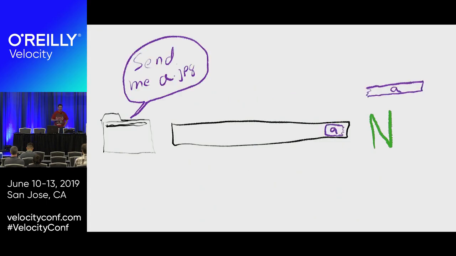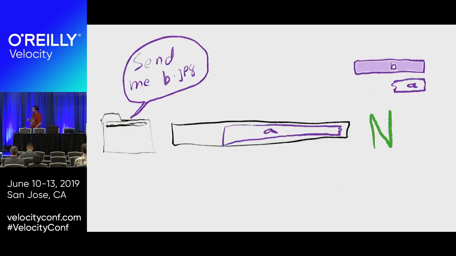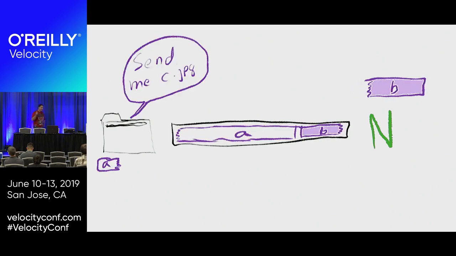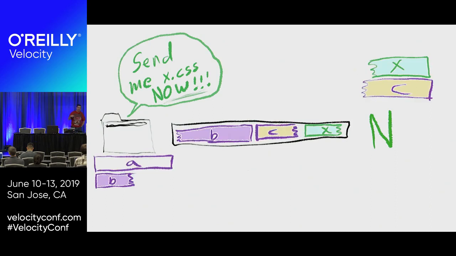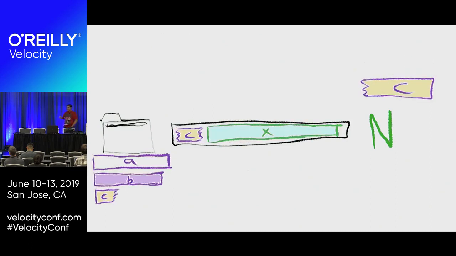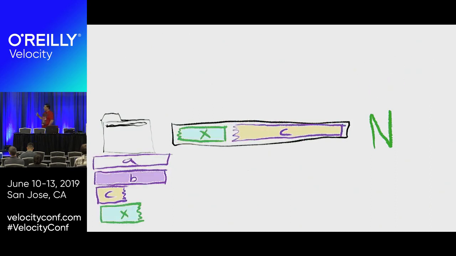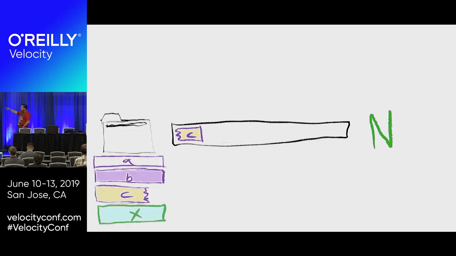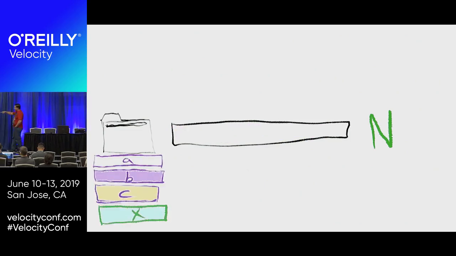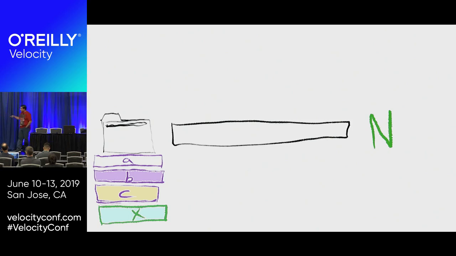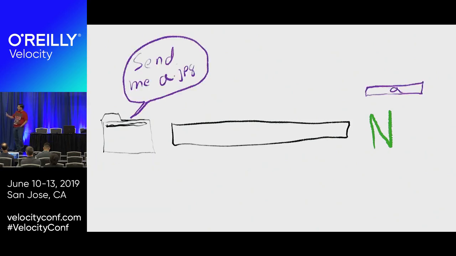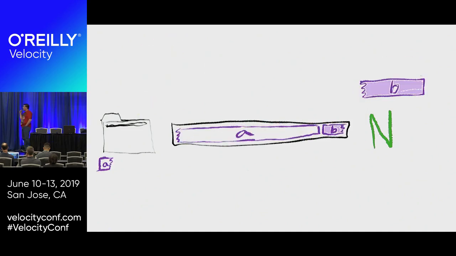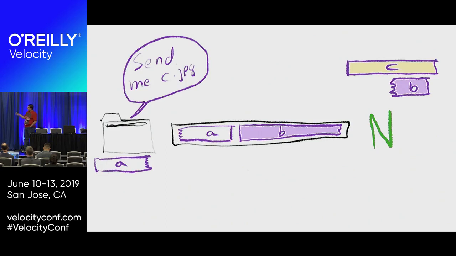So yeah, I had to throw this in there because I spent so much time drawing it for a blog post. But this is the visualization of how HTTP2 works when we're reprioritizing resources. You've got the one connection, and you can say, hey, we've got A, B, and C coming in flight, and then X is going to be a really high priority resource. Let's see if it restarts the animation. Yeah. So you'll start out, give me A, give me B, and give me C,